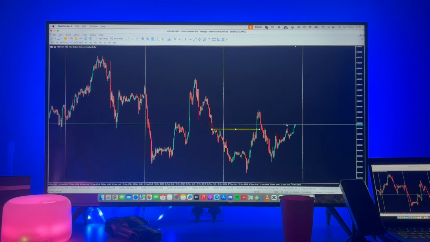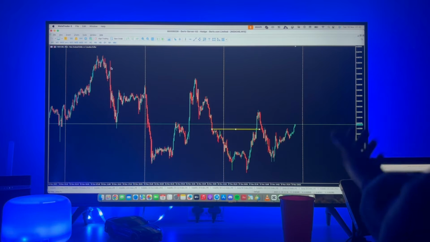TradingView sometimes you see this week, you won't see this week. So I prefer MetaTrader because that's where I started. And I got to upgrade to TradingView, but every now and then I like to switch between the two, right? Although MetaTrader,